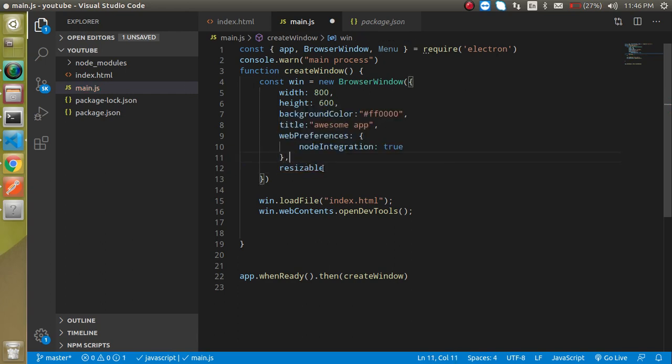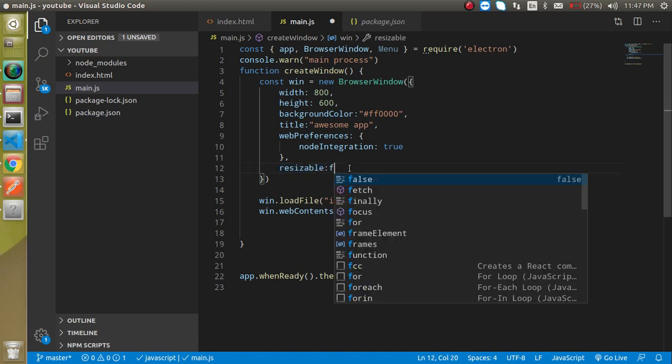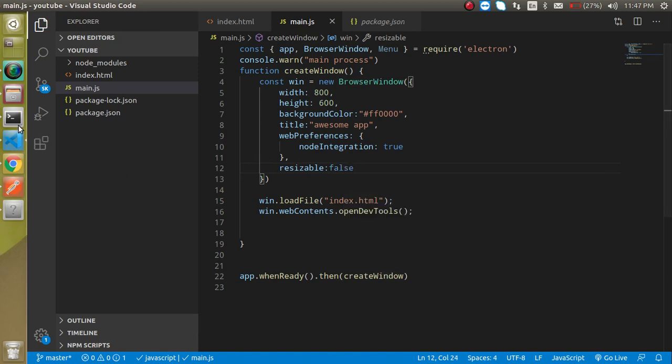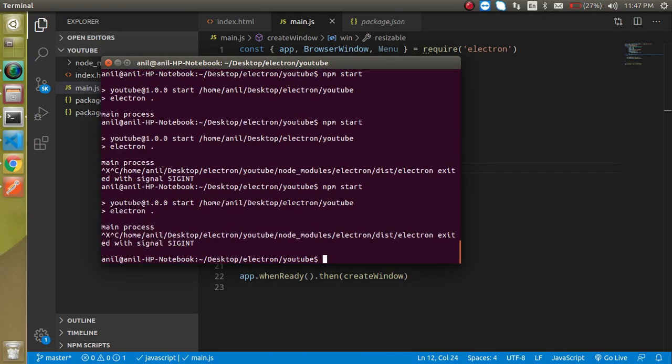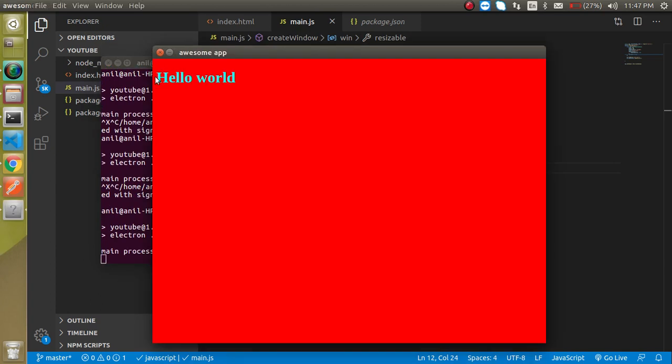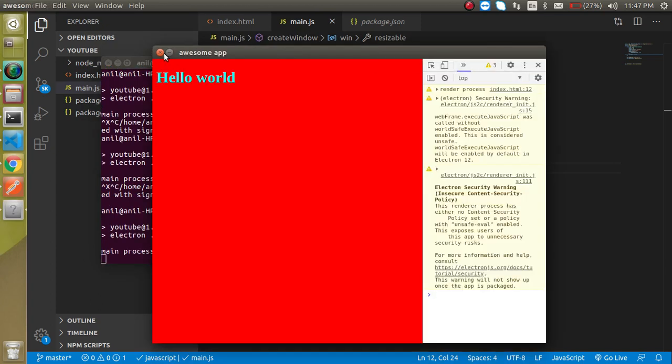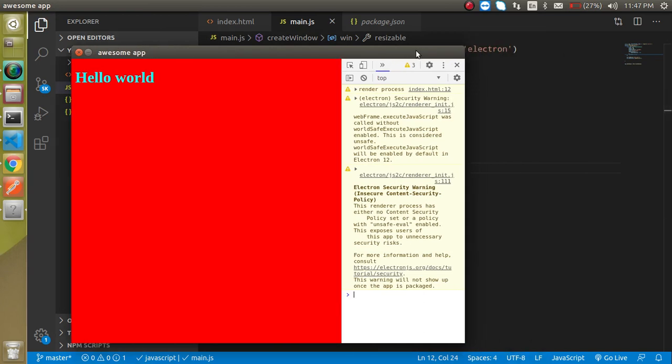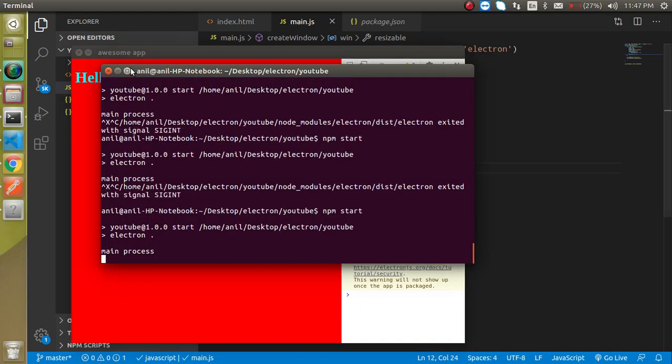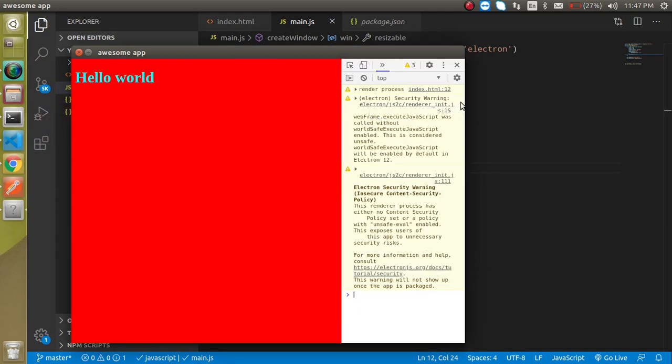Okay, now this is working fine. Yes, and we can simply write here false, and now when you restart it, then you will find we have only two icons here. We don't have the property for resizing, and we cannot resize it with the mouse, we cannot change the size of your application, right? So this is the benefit of the resizable property.